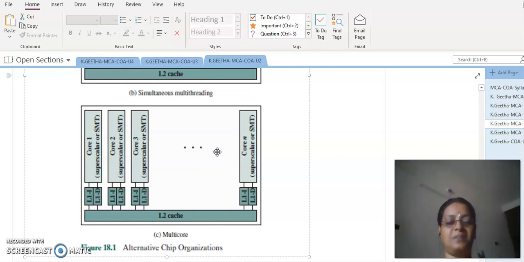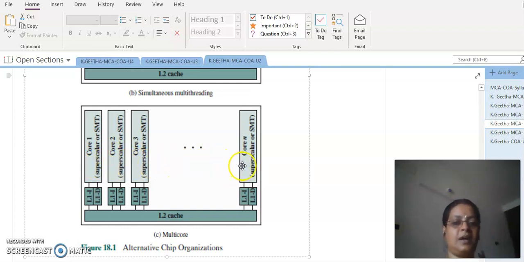Seems to be like a single CPU, but in the vertical dimension, it will have multiple cores stacked one over the other, and these cores can have the same infrastructure. If they have the same infrastructure, they are called homogeneous cores, and if they support multiple structures, then they are called heterogeneous cores. Anyhow, it is not our scope of discussion here.